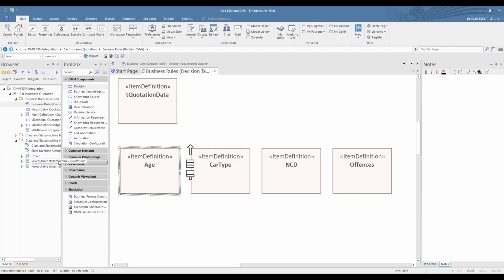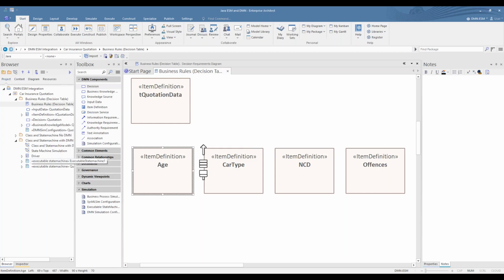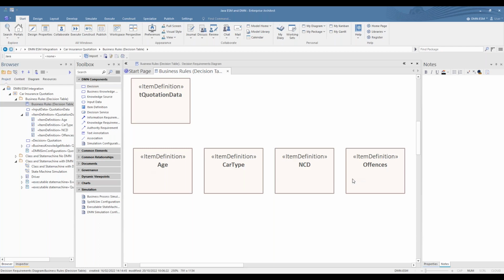But, and this is a really big but, it's really important: in the browser, the item definition called T quotation data has children in the browser structure. If you do not have this structure, which you won't get simply by drawing it on a diagram, you will have to create it. Of course, that is a gotcha. You may easily miss that out. So that is the first thing you need to do. Step one is completed.